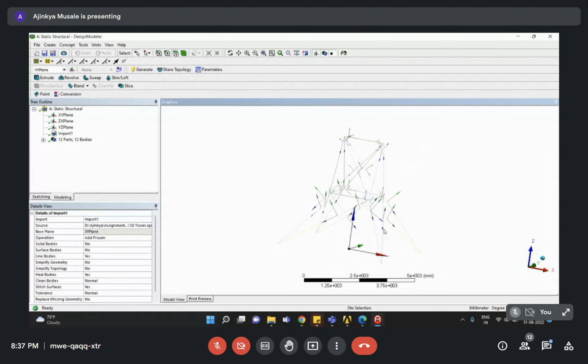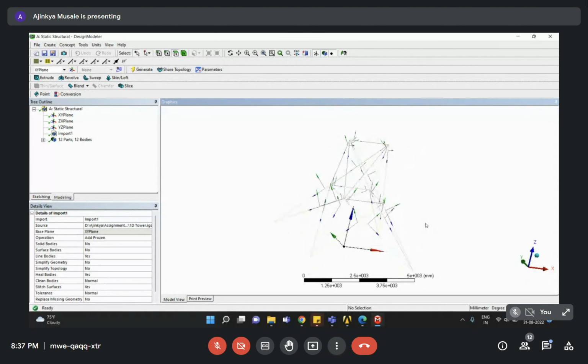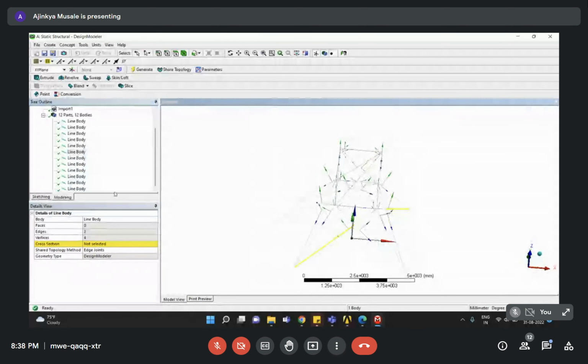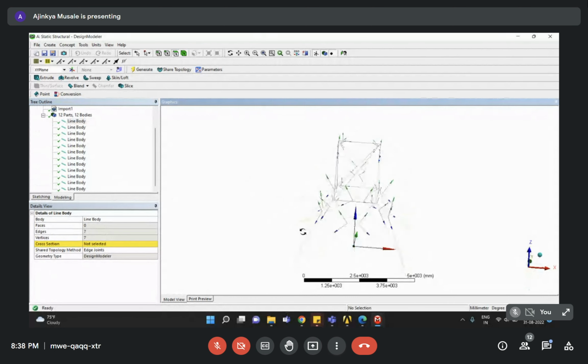You can see all the lines, right? So all the lines and even small steps which I had during the preparation, it was in SolidWorks. So those were present over there. Fine. Now here I can see the line bodies. If I just click on that, maybe you can see it in red color. So now the only point here that I need to define the cross section for these lines, because this Ansys